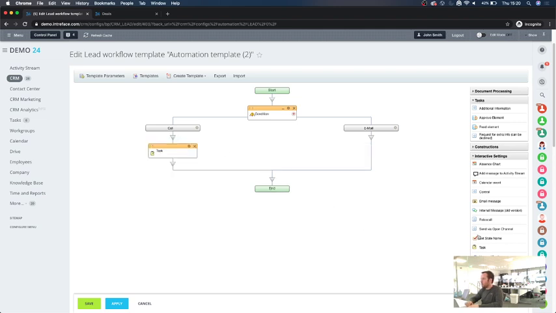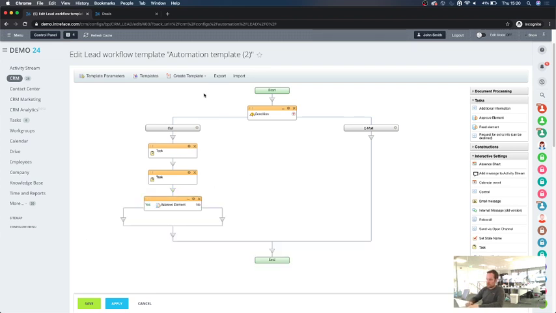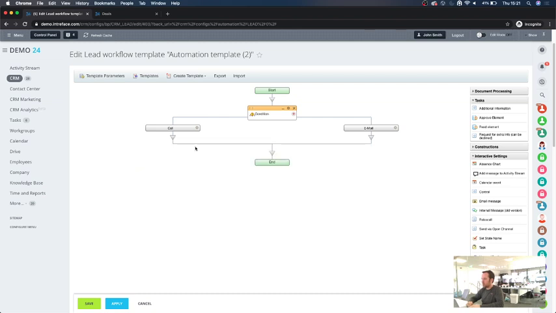So we could drag a number of tasks down this side, we could then maybe have an approval. So this would go down this route for your company type, and then for your other one, you could go down a different route. And that's how you would have two workflows essentially in one workflow. So if I was to just show you how it would work, if I sent a notification to myself,